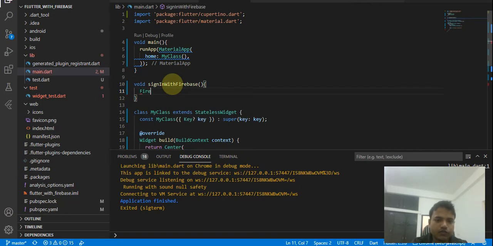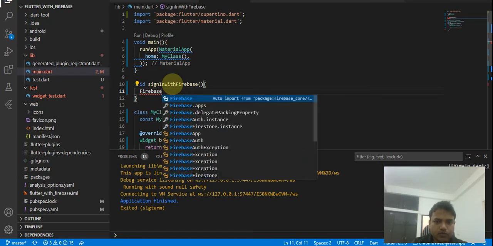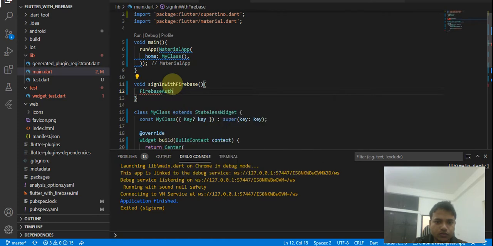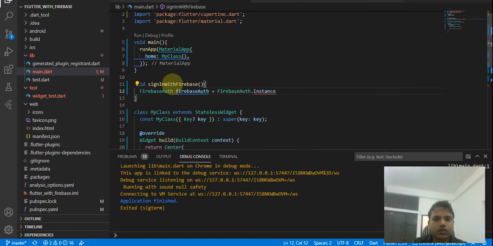So here you type FirebaseAuth.instance. This will contain the instance of Firebase Auth.